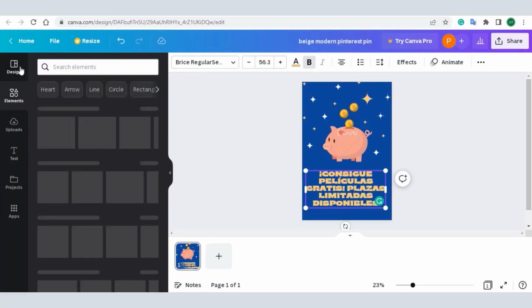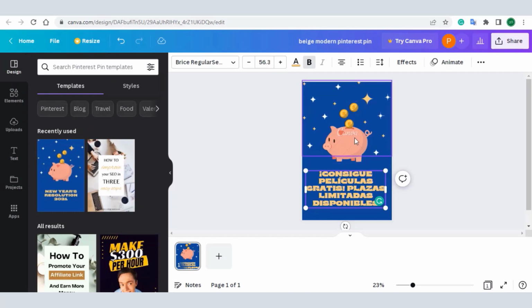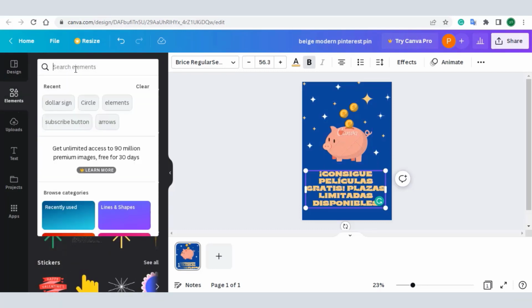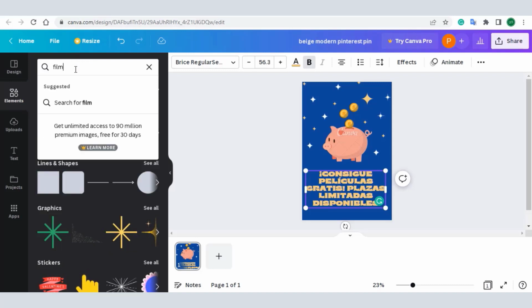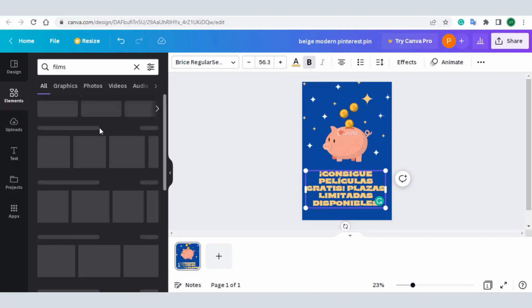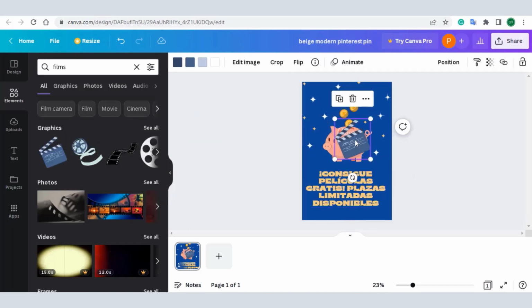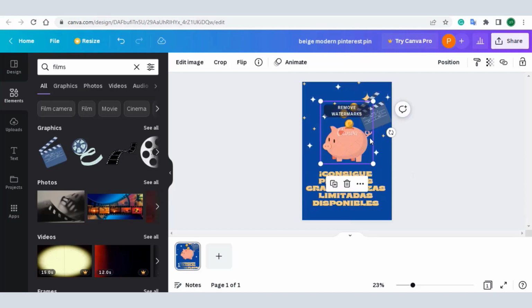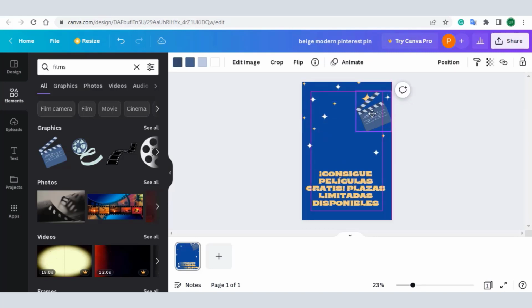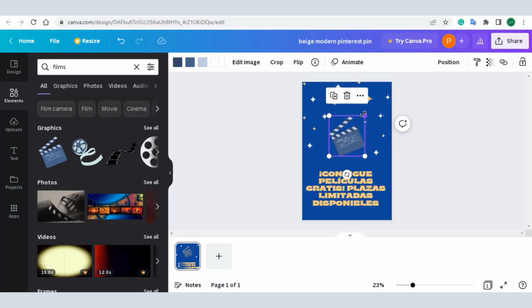Okay, so because this says films, we need to change the icon here. So all we need to do is just go here to elements and just type films. Let's see what comes up. Okay, so we can use this one in place. So just select this one, then you delete it, take this one and paste it a little bit large, click on share, then download,